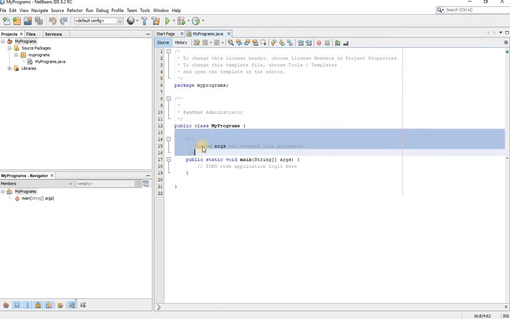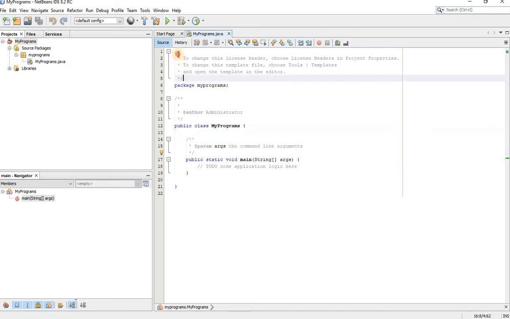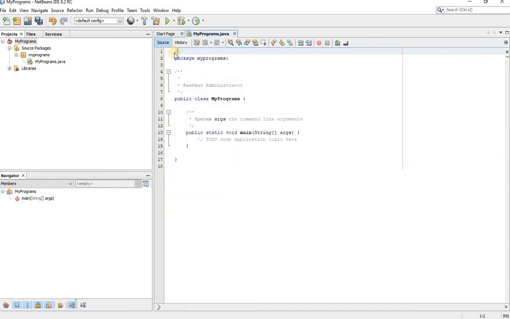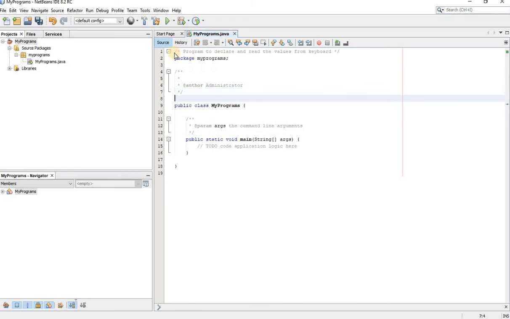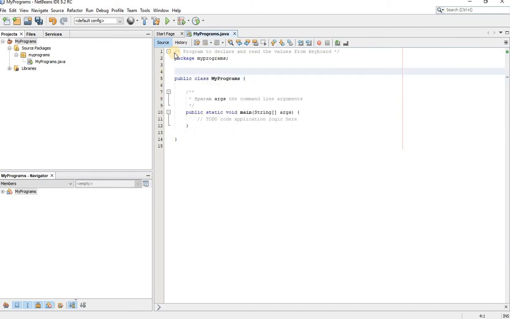First, the comment for me will be what I'm going to do in this program: program to declare and read the values from keyboard. So this will be my first program. This area says who is the owner of this program; if you want, you can remove this, as I don't want it.